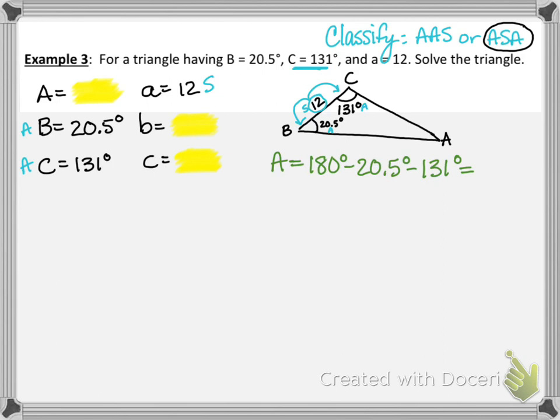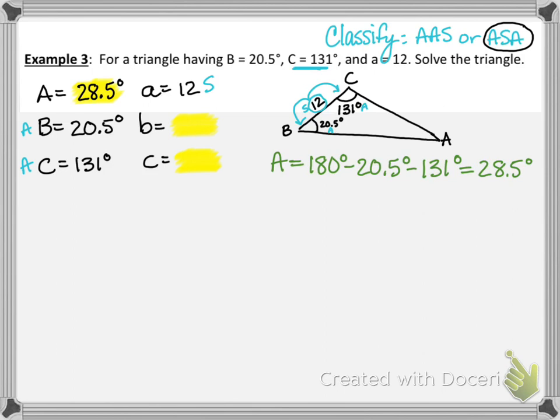So go ahead and type that out, and what do you get? All right, you should have got a 28.5 degree angle. So let's come over here to the yellow spot, type 28.5 degrees, and now I have